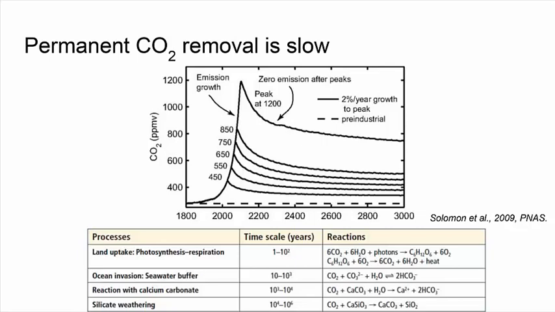And this is because there are different processes that can take up the carbon from the atmosphere. Like I was saying, you can have photosynthesis, and this is a short time scale, from just 1 to around 100 years. The oceans can take it up, but the sedimentation of the carbon that first created the fossil fuels takes thousands and thousands of years. So this is calcium carbonate sedimentation, also silicate weathering. But this is just to show that all the CO2 we're putting into the atmosphere is going to take a very long time before it can even get back down to the level we had before.